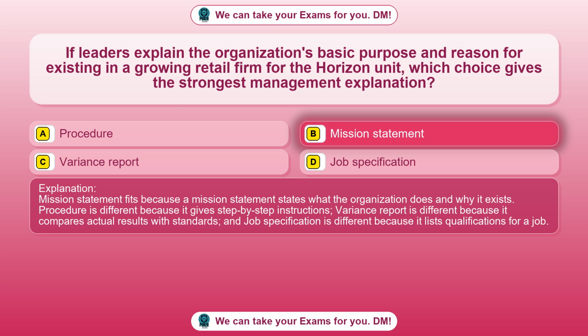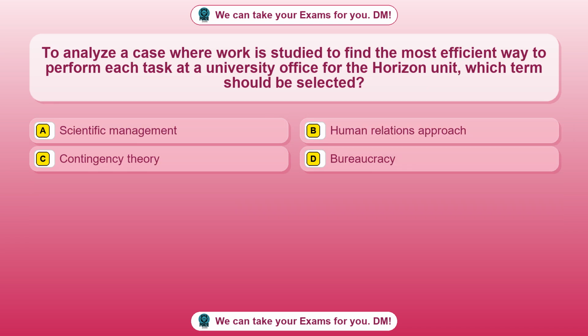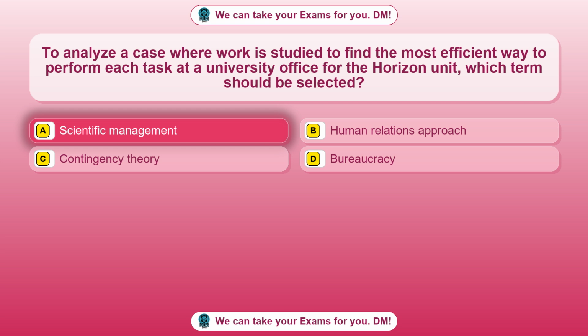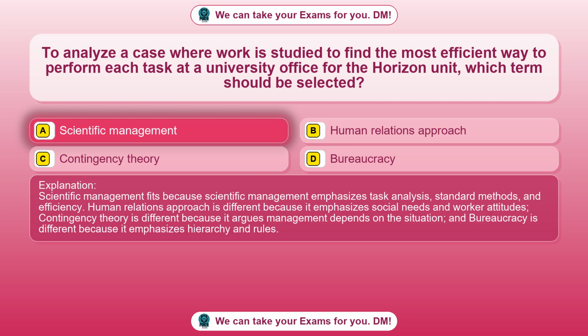for a job. Question 79. To analyze a case where work is studied to find the most efficient way to perform each task at a university office for the Horizon unit, which term should be selected? Option A, scientific management. Option B, human relations approach. Option C, contingency theory. Option D, bureaucracy. The correct answer is option A, scientific management. Scientific management fits because scientific management emphasizes task analysis, standard methods, and efficiency. Human relations approach is different because it emphasizes social needs and worker attitudes. Contingency theory is different because it argues management depends on the situation, and bureaucracy is different because it emphasizes hierarchy